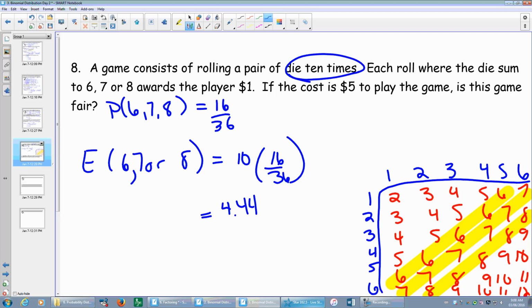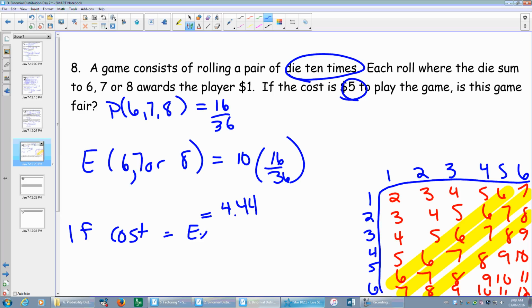Okay, so would we consider this to be a fair game? Curtis? No. If it costs $5 to play, it's a fair game if you're expected to win $5. But you're not expected to win $5. You're expected to win $4.44. So I'm going to write down here, just so you have it, if cost is equal